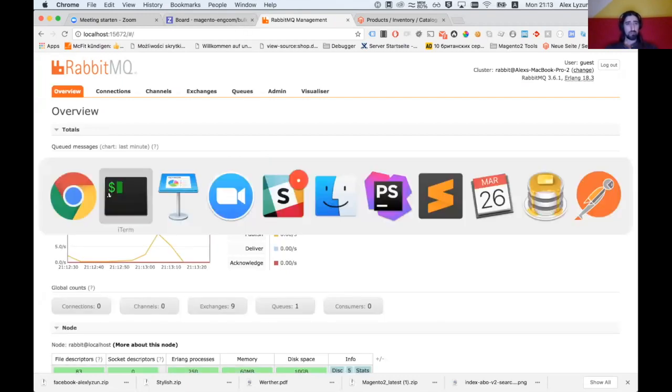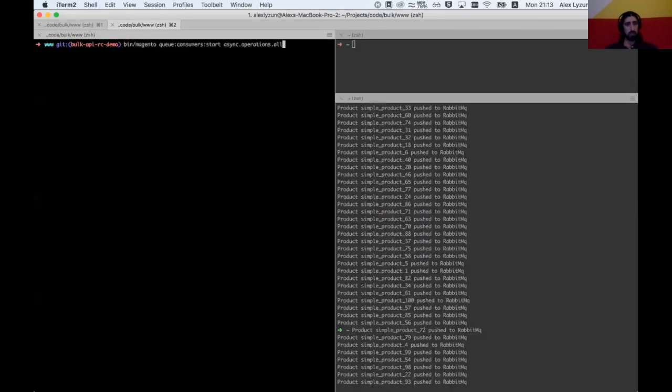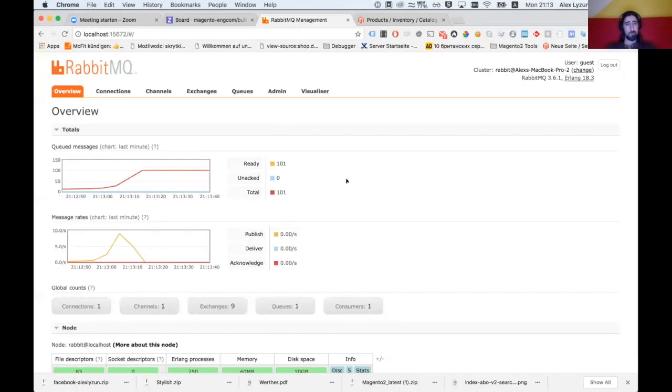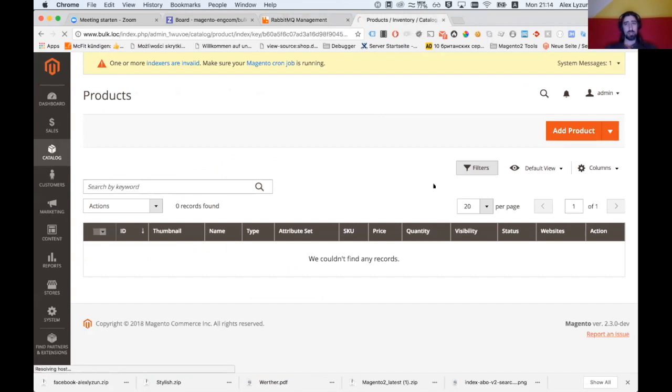requests in the queue. Then Magento, before Enterprise, now Community, has this command for consumer start. And we can start this consumer, which reads the requests from this queue and then processes them. So in this case, it's reading from the queue, not from the database, the request and creating the products in Magento one by one. Then if we go to the Magento backend, we will see the products created